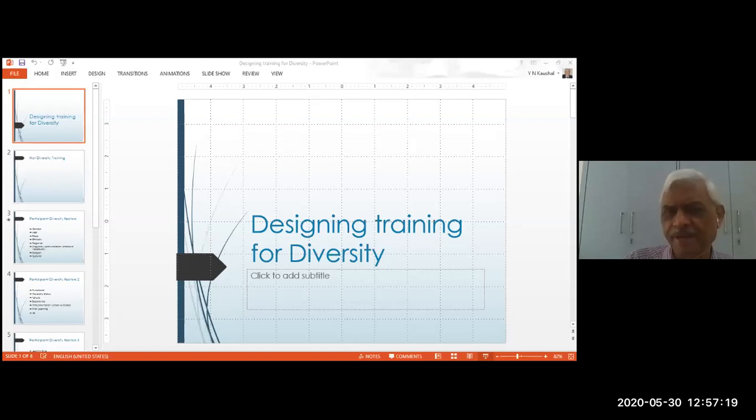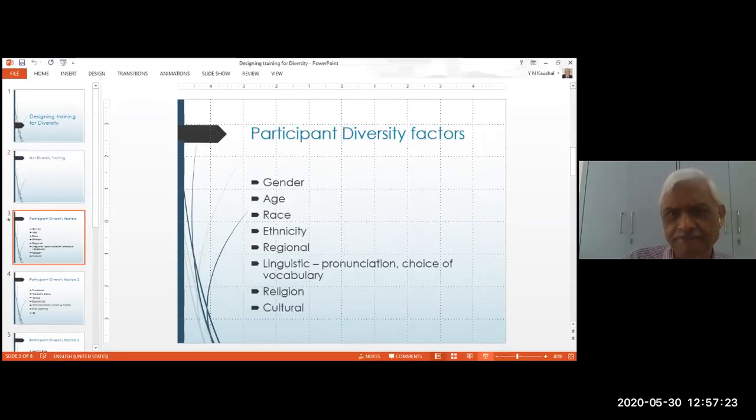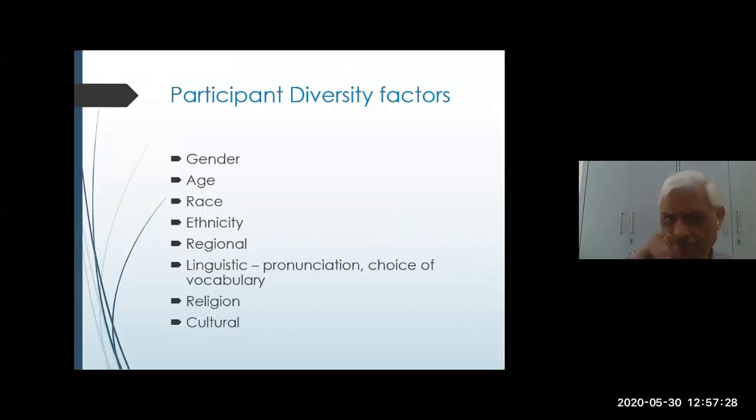So let's go to the next slide. Okay. Here I would like to add one more factor: time zone of individuals. Nowadays we are dealing with individuals across the globe, since we have started using Zoom, and even earlier there were training programs organized on BBC or other channels which were broadcast. There you have to specifically mention whether it is IST or GMT, what the time of the program is. Another thing is the program should be viable and should be comfortable.